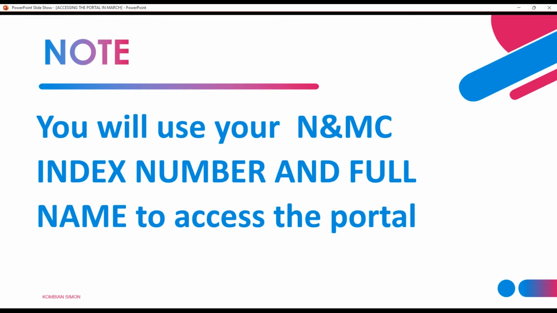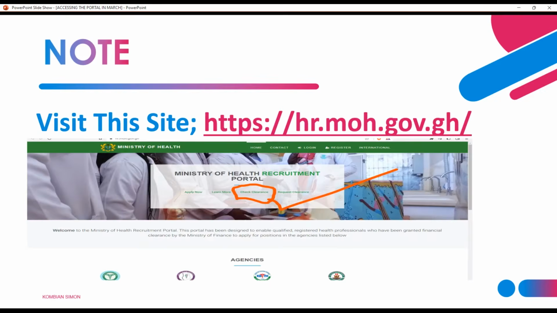Okay, so your school gave you an index number. That is what you will need. And your full name. The name we are talking about should be the same name you have on your certificate, the same name you have on your license set. Now, when you have those details, you quickly go to this link,